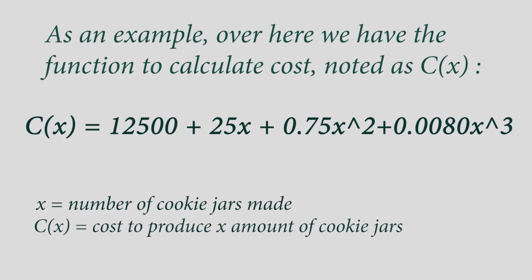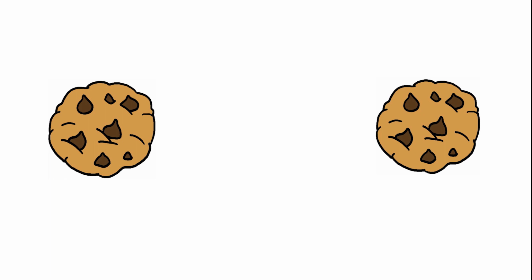As an example, over here we have the function to calculate costs noted as C(x). So C(x) equals 12,500 plus 25x plus 0.75x squared plus 0.0080x cubed, where x is the number of cookie jars made and C(x) being the cost to produce x amount of cookie jars. If Ahmad, for example, wants to calculate the amount of producing the 200th jar of cookies, he